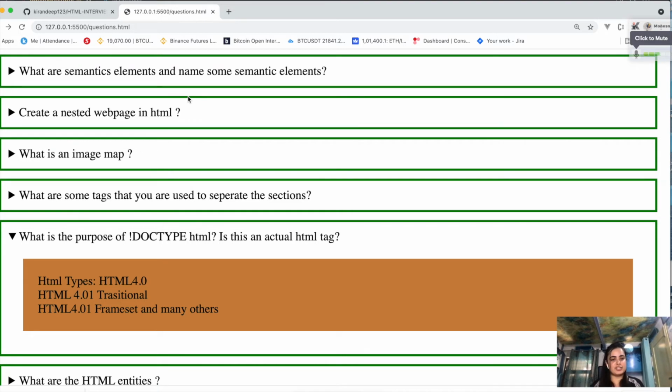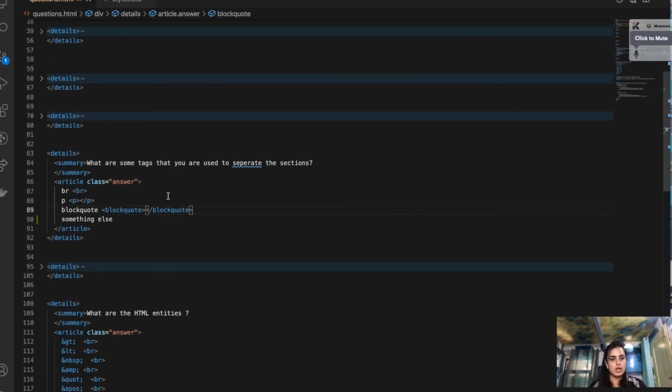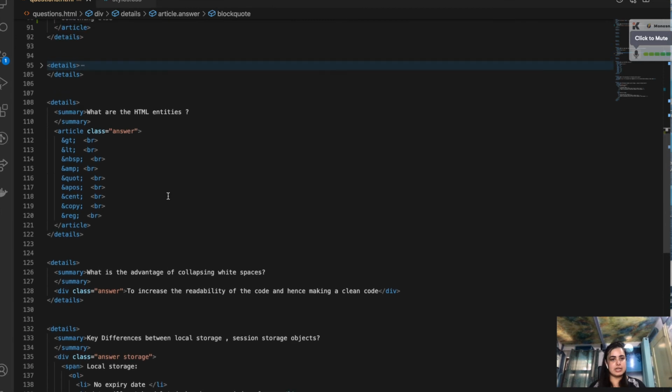So we have HTML 4.01 transitional, we have 4.01 frameset, we have 4.0, we have HTML5. So which HTML are we currently writing down here? You can see it